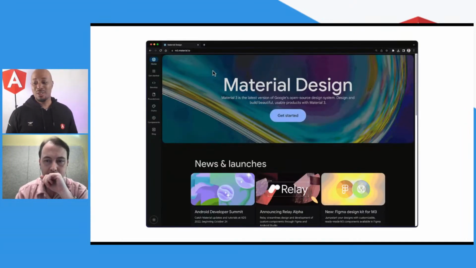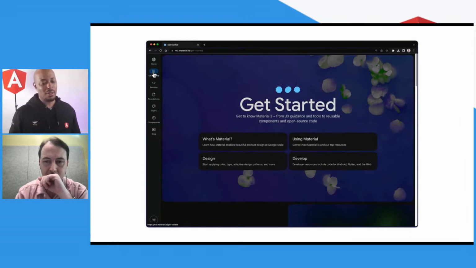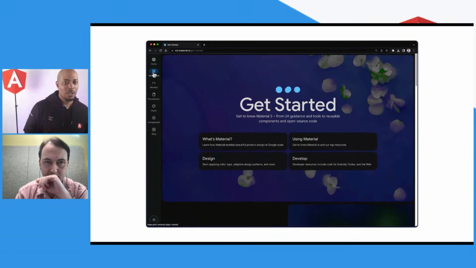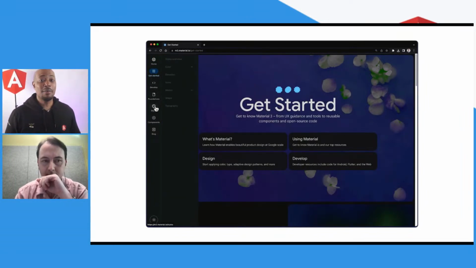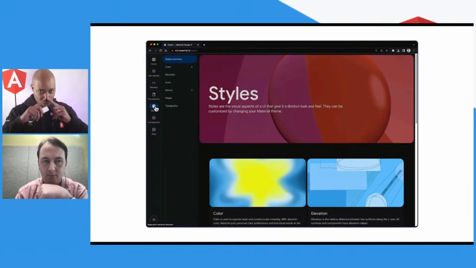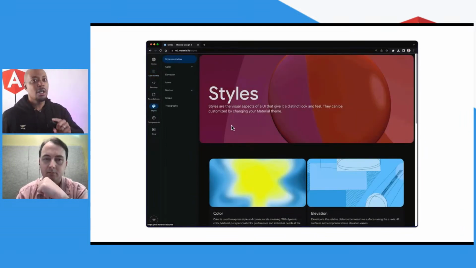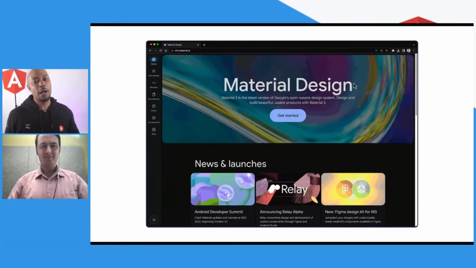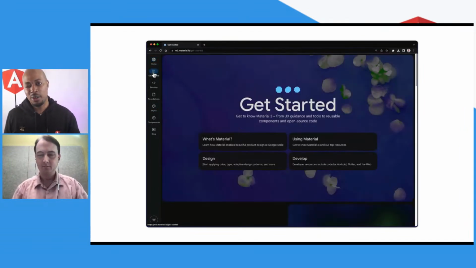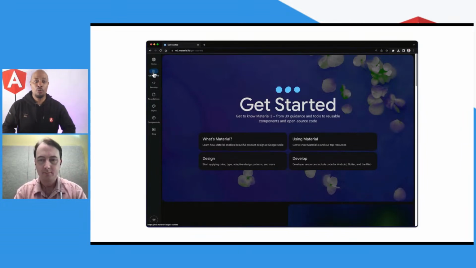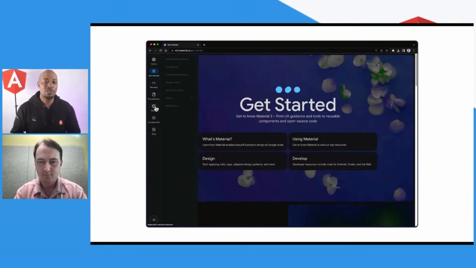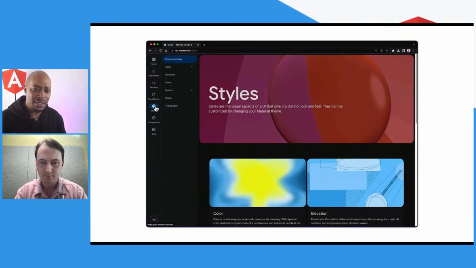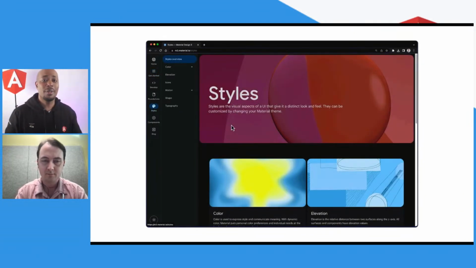So here's something cool on the partnership front. Somebody asked about this. People always ask about Material. Well, we're really excited because we're working very closely, like nose to nose, with the Material Design team at Google, and we're building the public reference implementation of Material 3 for the web. So Material 3 support in Angular Material will land later this year. It is coming. You all have been so patient. Thank you.